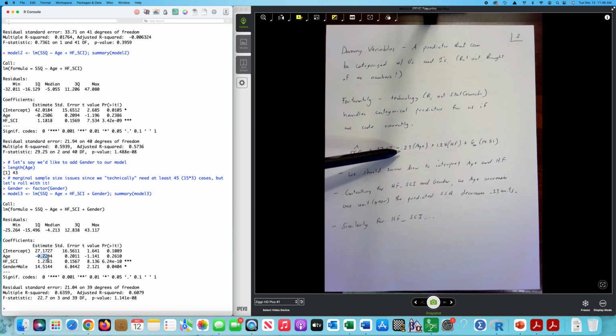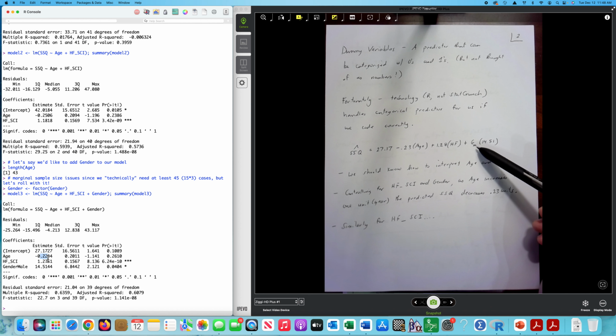Minus 0.23 times age, plus 1.28 times HF, and then 14.51 is the gender with the male reference right there. That gender male right there tells me that we are comparing male to female. More about that in just a second. So let's circle back and say, well, if we wanted to interpret this coefficient right here,